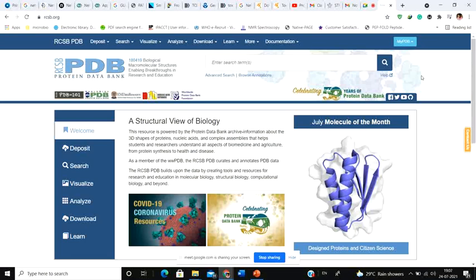Now apart from that, what is the other importance of this particular thing? The other importance is that when we talk about homology modeling, today we will talk about modeling a protein, how we can model the 3D structure of a protein. We're going to see that they take all the information from this particular database only.